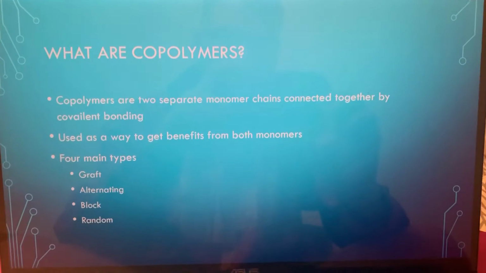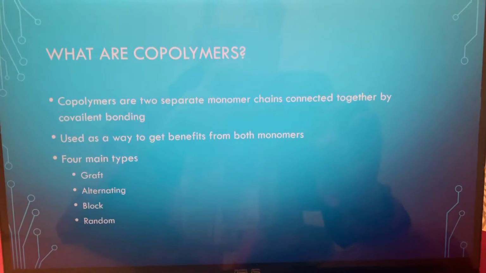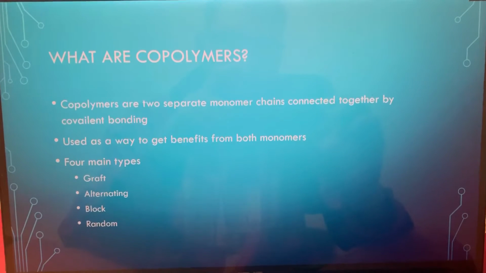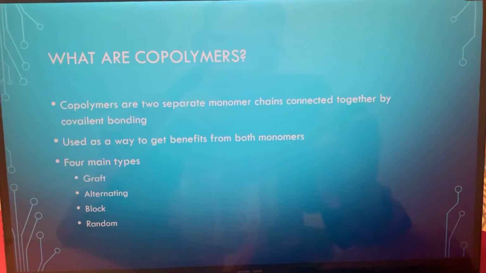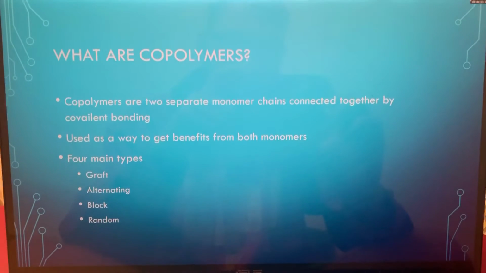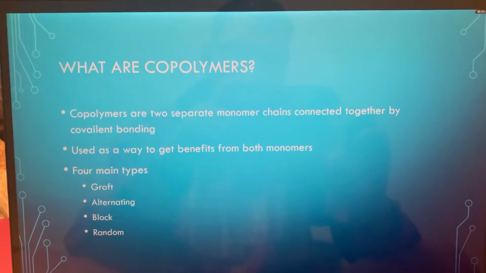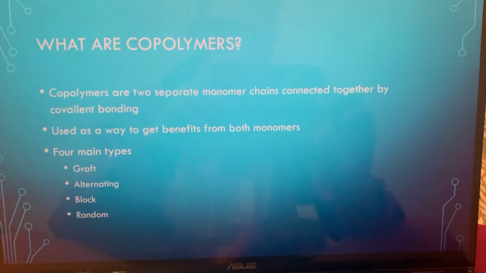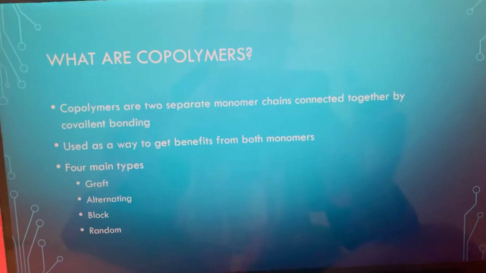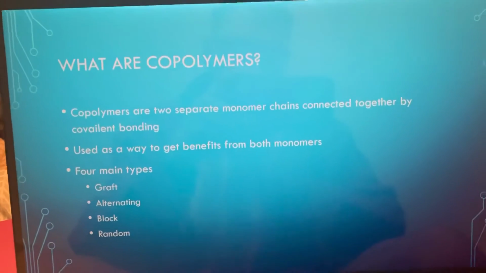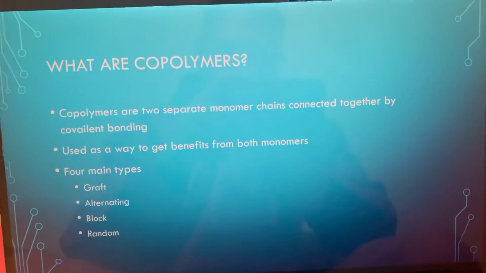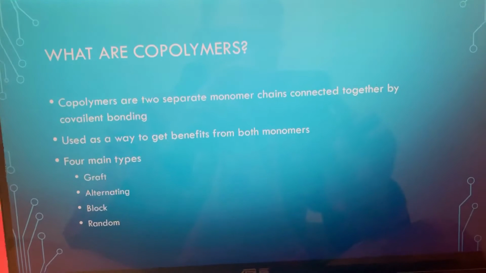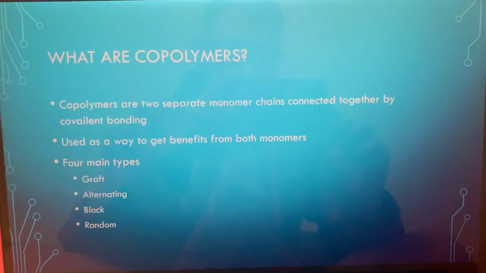What are copolymers, you might ask? Copolymers are two separate monomer chains connected together by covalent bonds. The reason this is done is because it takes benefits from both monomers and combines them together, so that one product gets the same benefits without having to add as many additives or fillers to get the